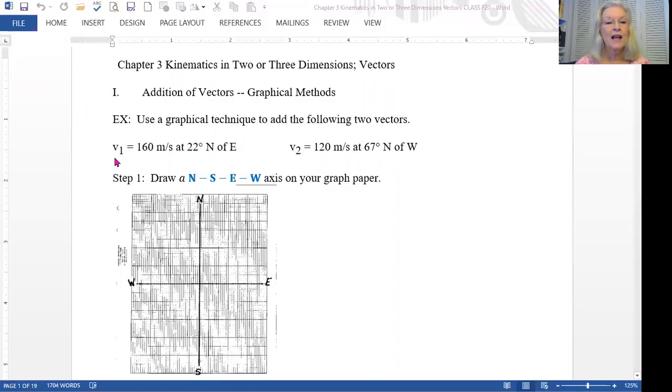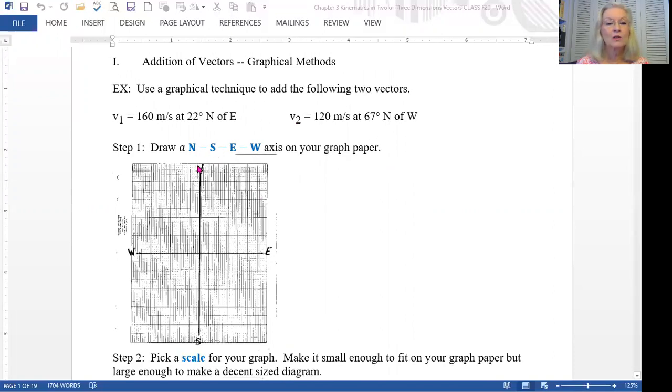if we wanted to add a vector, this represents a velocity, 160 meters per second at 22 degrees north of east, and then a second one at 120 meters per second at 67 degrees north of west, we would do it this way. So first thing we would do is take our piece of graph paper and using a ruler,